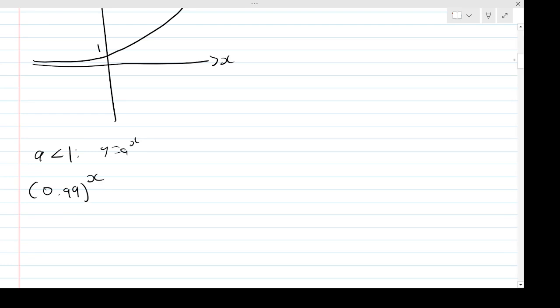Again, if we do our sort of investigation, let's take 0.99 to the power of 10. That would be 0.904. So it's getting smaller. Hopefully you notice it's smaller, 0.90 compared to 0.99. Then if we did 0.99 to the power of 10,000, let's say,